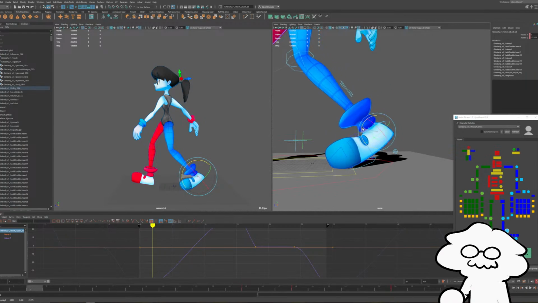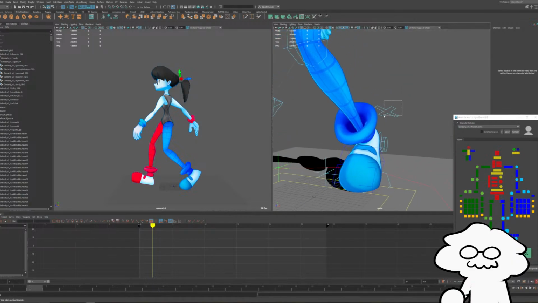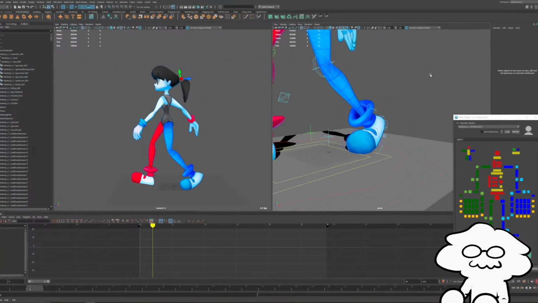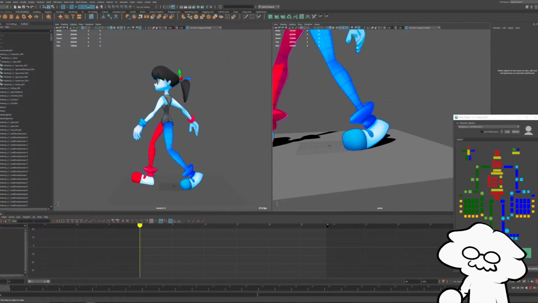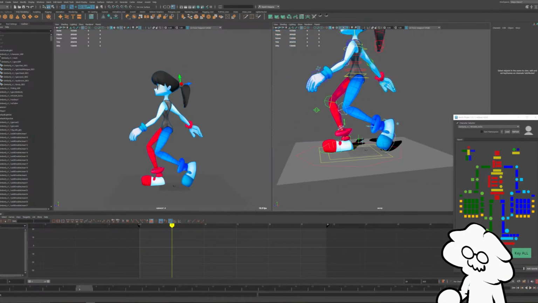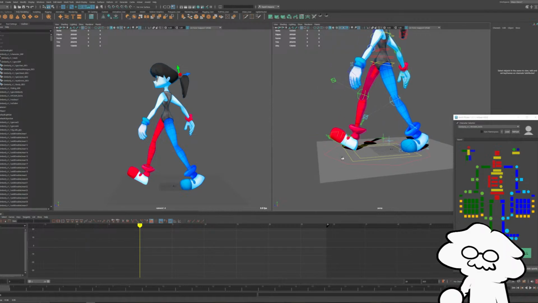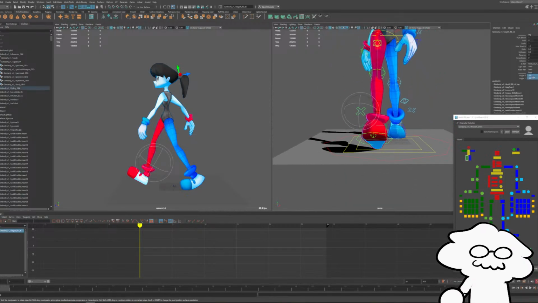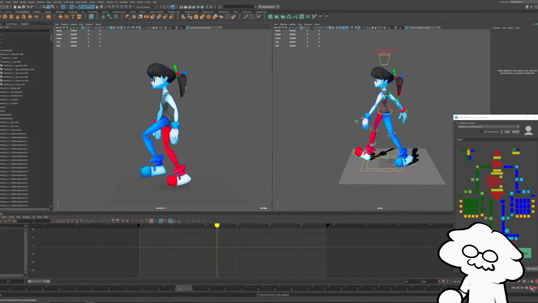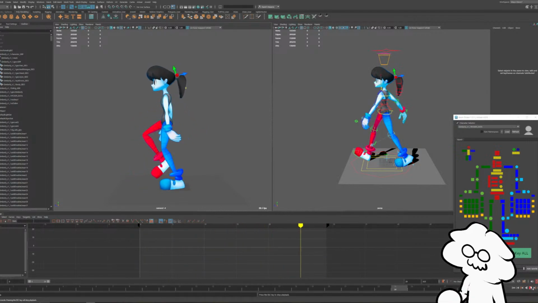But right now the foot roll is set up so that it starts to peel off the ground after a certain point, and that feature in the rig affects at what point it starts to peel off the ground. So I'm going to set it to 45 each and see how that looks. So it should have a sharper turn in the foot with that value being higher. And then we'll do the same for the other foot. Yeah, just so it has a little bit more of an obvious foot roll to it.